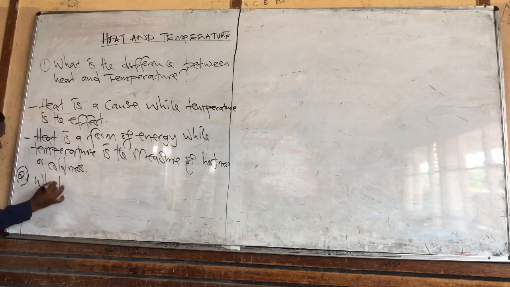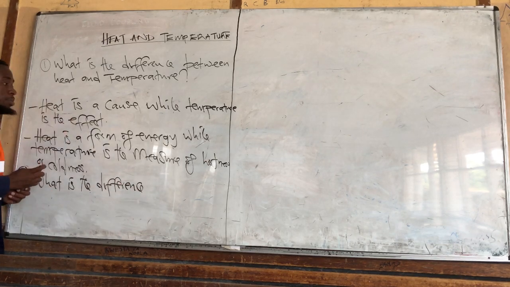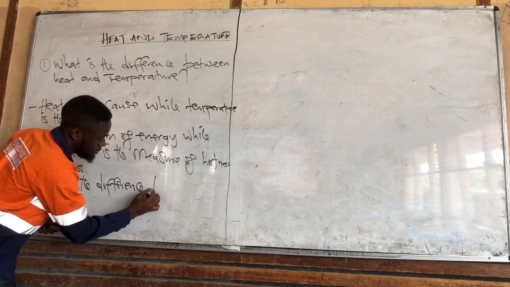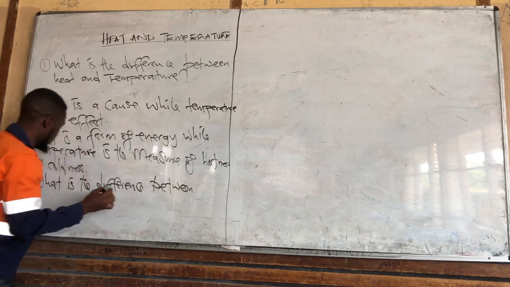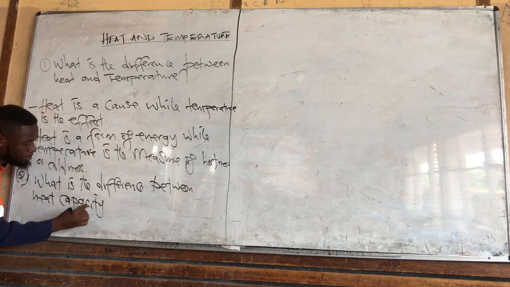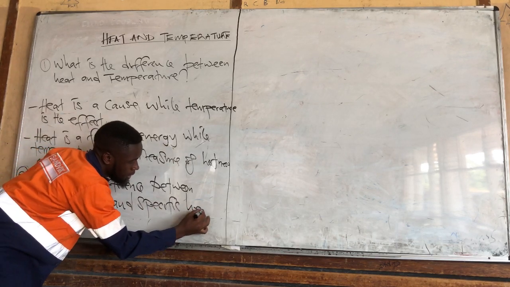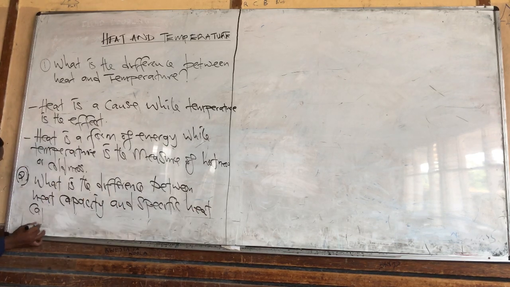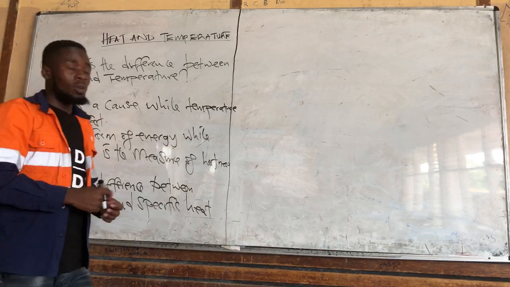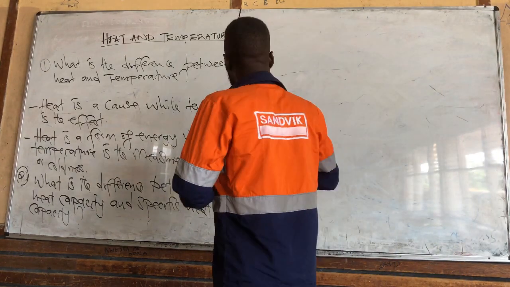What's the difference between heat capacity and specific heat capacity? So what is the difference between heat capacity and specific heat capacity? So here, let's say